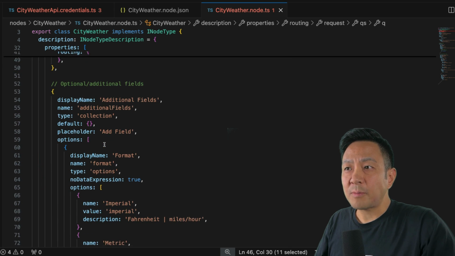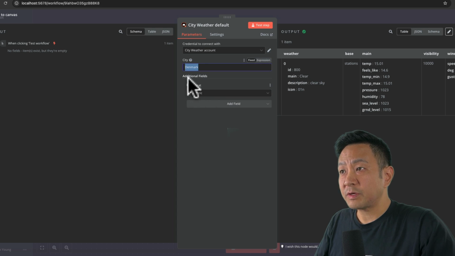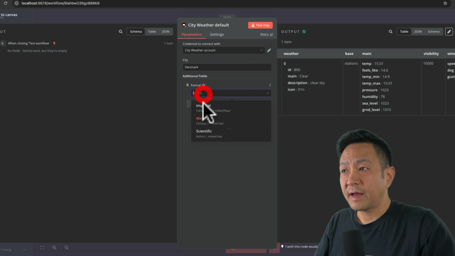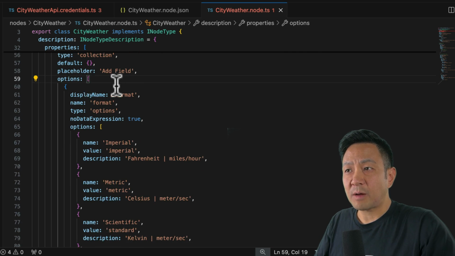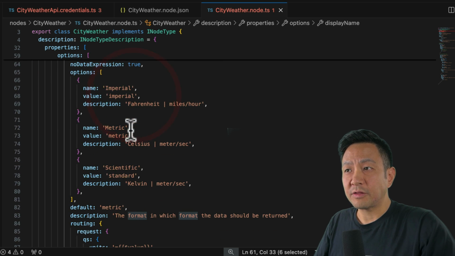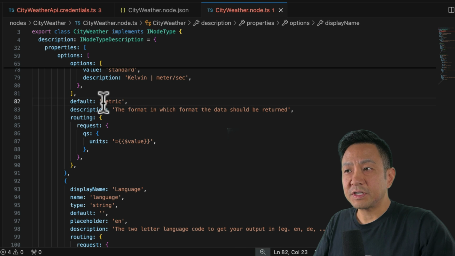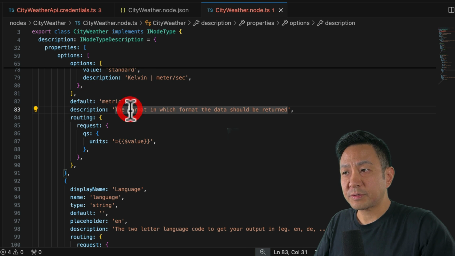And these are the optional additional fields. So that's what we saw here, right? Format, and then the three options, imperial, metric, or scientific. The default is metric, and then there's a description here,